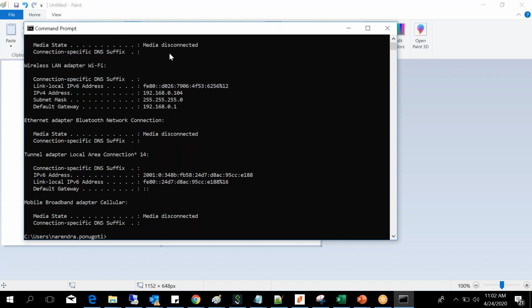Here, see, my system IP address is 192.168.0.104, and my router IP, the default gateway. The router is a gateway. So the default gateway address is 192.168.0.1. That is my Wi-Fi router address.